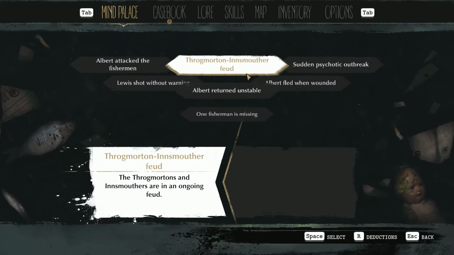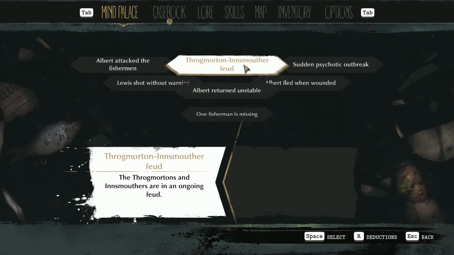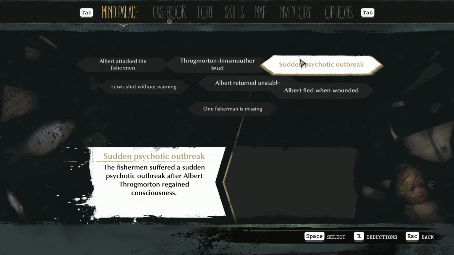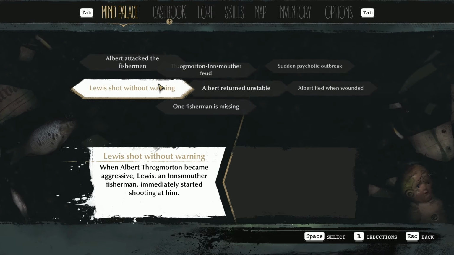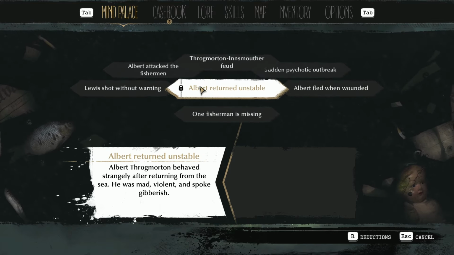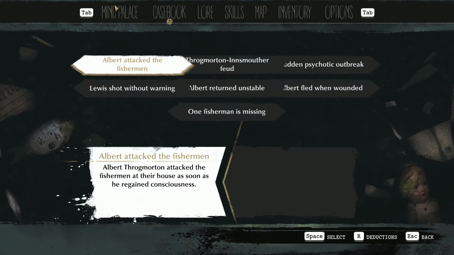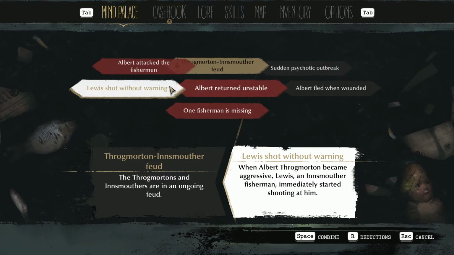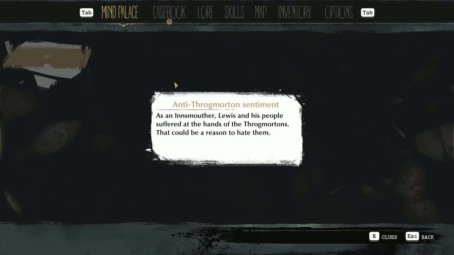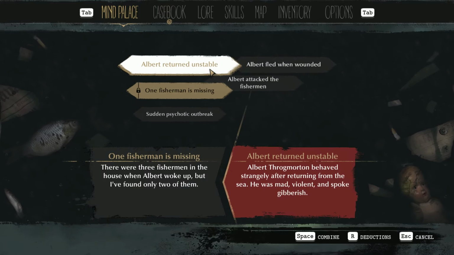Combine the clues to make deductions. So, Albert attacked the fisherman, then a sudden psychotic outbreak for Albert. So, we have as an Innsmouter, Lewis and his people suffered at the hands of the Throgmortons. That could be the reason to hate them. Okay, let's go back to the clues and arrange it a little bit. So we have one fisherman is missing, and then...